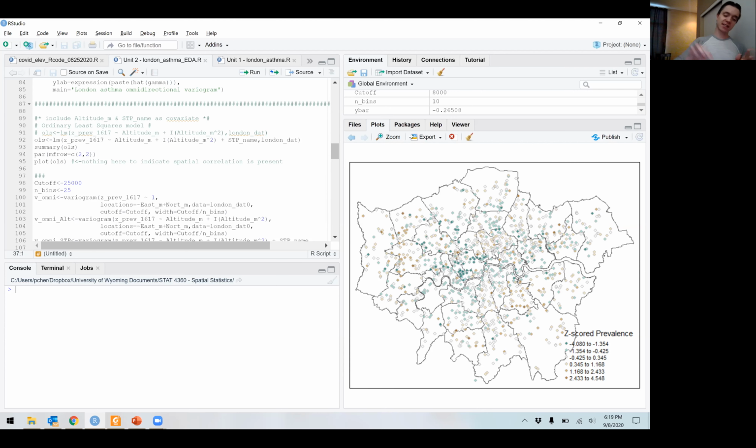Remember, when we first started this class, I said, think about modeling patterns. What are some patterns that you're seeing? I think one prominent feature is the river Thames. It's right here. Here's the river. The elevation at the river, as you might imagine, is low. Then the rest of the city is kind of above the river. There are some hills, some hilly areas. So what I'm building towards is that I actually have in my London data